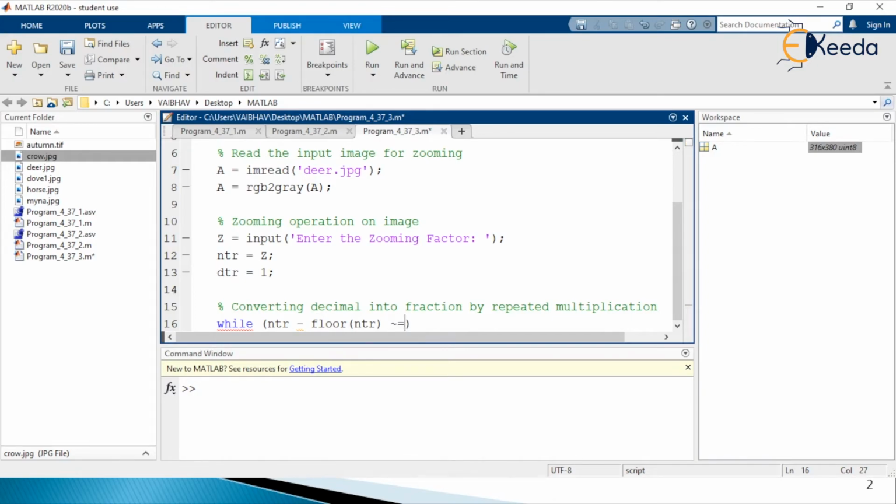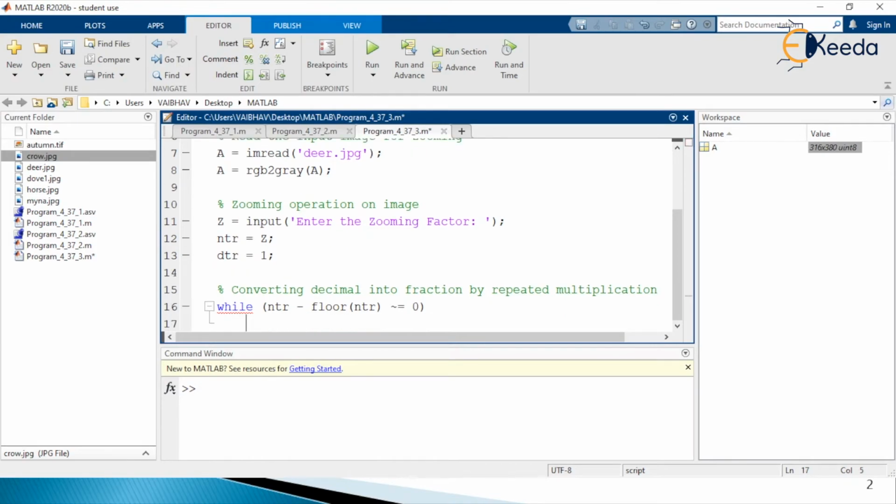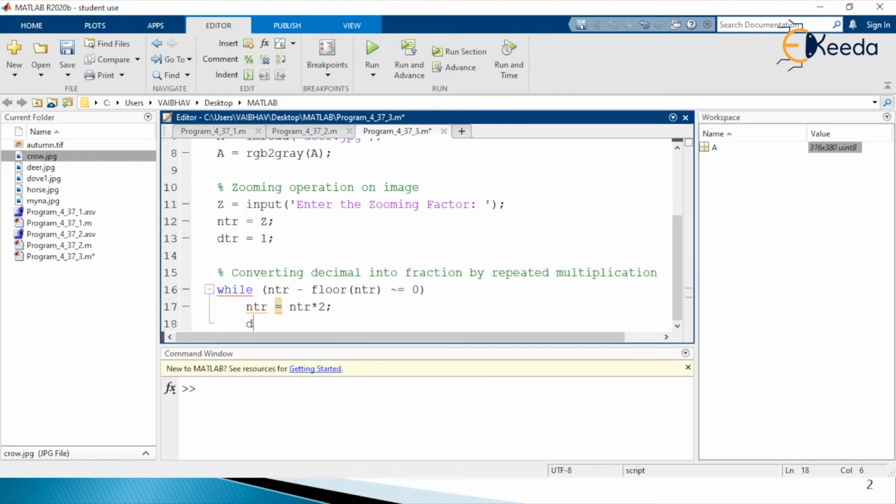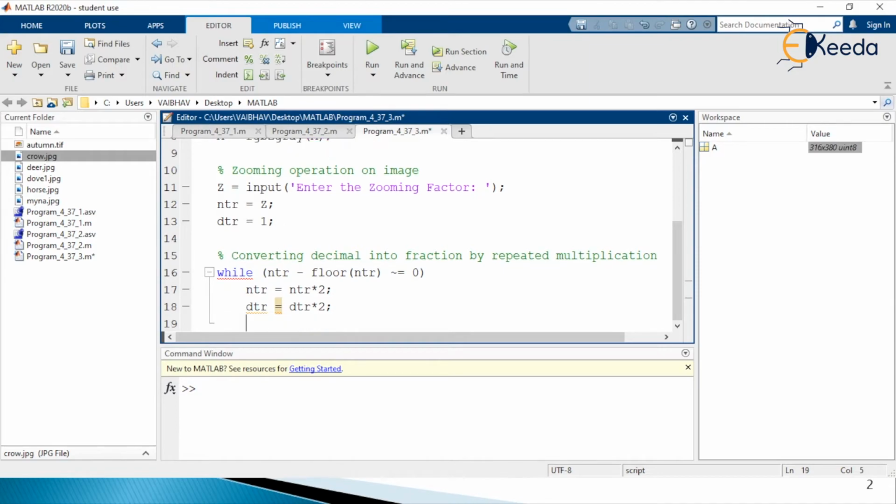In that case the next steps will be executed. Here we write ntr is equal to ntr multiplied by 2, ending with a semicolon. Then dtr is equal to dtr asterisk 2, ending with a semicolon, and here we end the while statement.